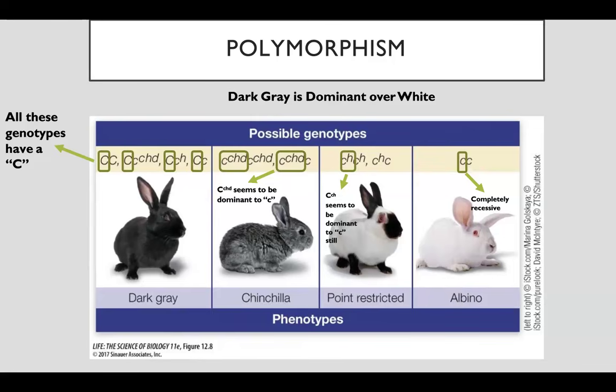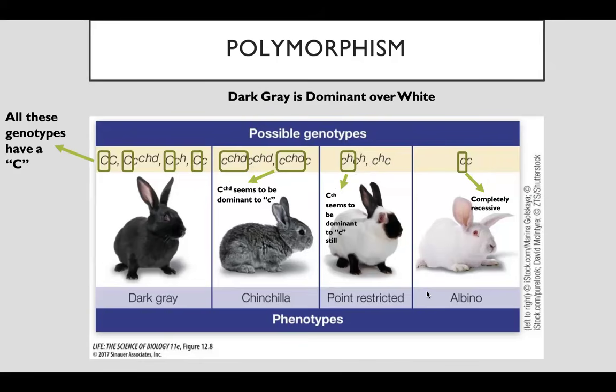Depending on the combination of alleles, there's a specific graded series of coat color phenotypes. In this case, you see that dark gray is dominant to the chinchilla. C^ch would be the chinchilla color. Dark gray would be dominant to the chinchilla color, but the chinchilla color is dominant compared to the lowercase c, the albino color. And then C^h, which would be your Himalayan color, which is dependent on temperature, is also dominant to your albino lowercase c color.